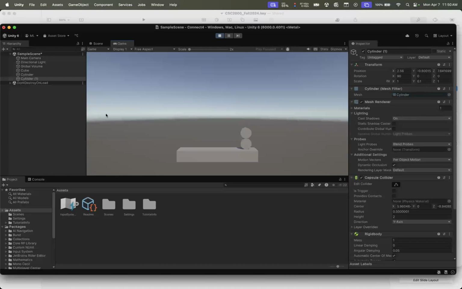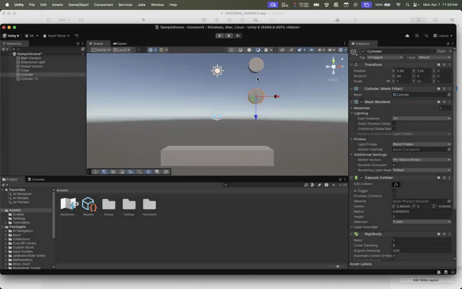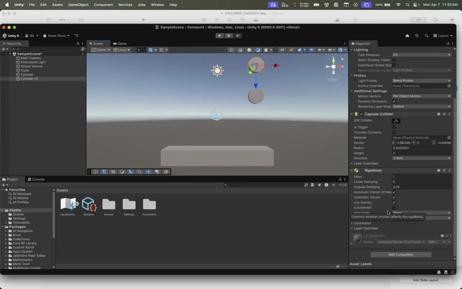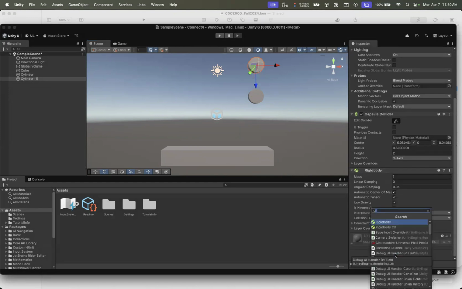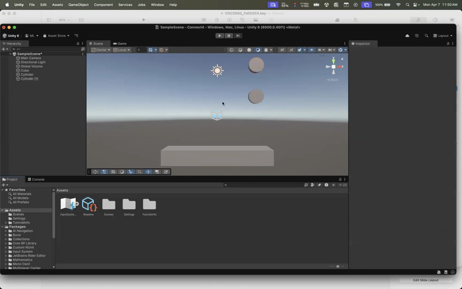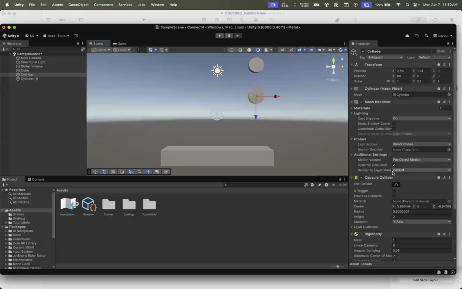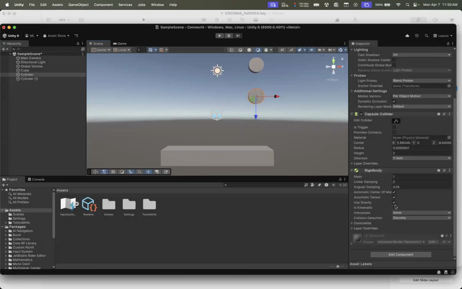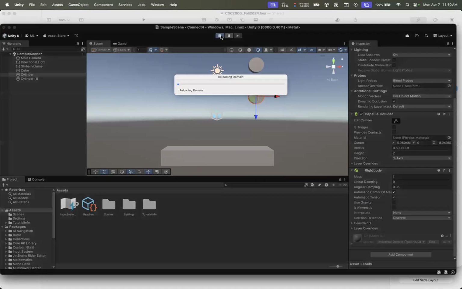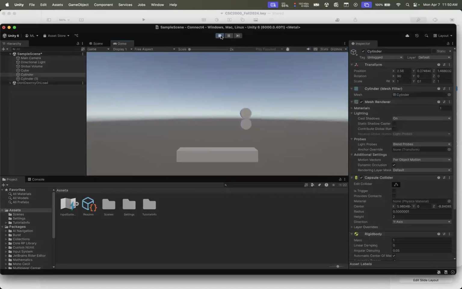Go ahead. It's on both. It's on the cylinder. Oh, the rigid body is on my cylinders, my coins that I'm going to drop down. So anything I want gravity to impact. Oh, I got you. So when you select your dude down here at the bottom, add component and search for rigid body. Yep. Just make sure you hit the checkbox for gravity. Because if I turn gravity off there, then the second one won't fall. First one,